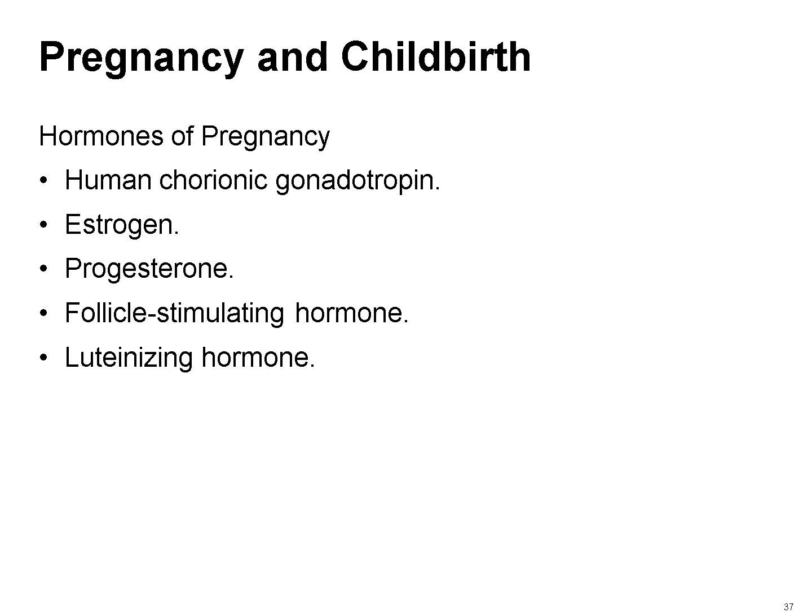Pregnancy is supported by a complex interplay of hormones, each playing a crucial role in maintaining maternal health and fostering fetal development. Let's review the key hormones of pregnancy. Human chorionic gonadotropin is secreted by the placenta and embryo. This hormone is critical in early pregnancy. It sustains the corpus luteum and is the basis for pregnancy tests.